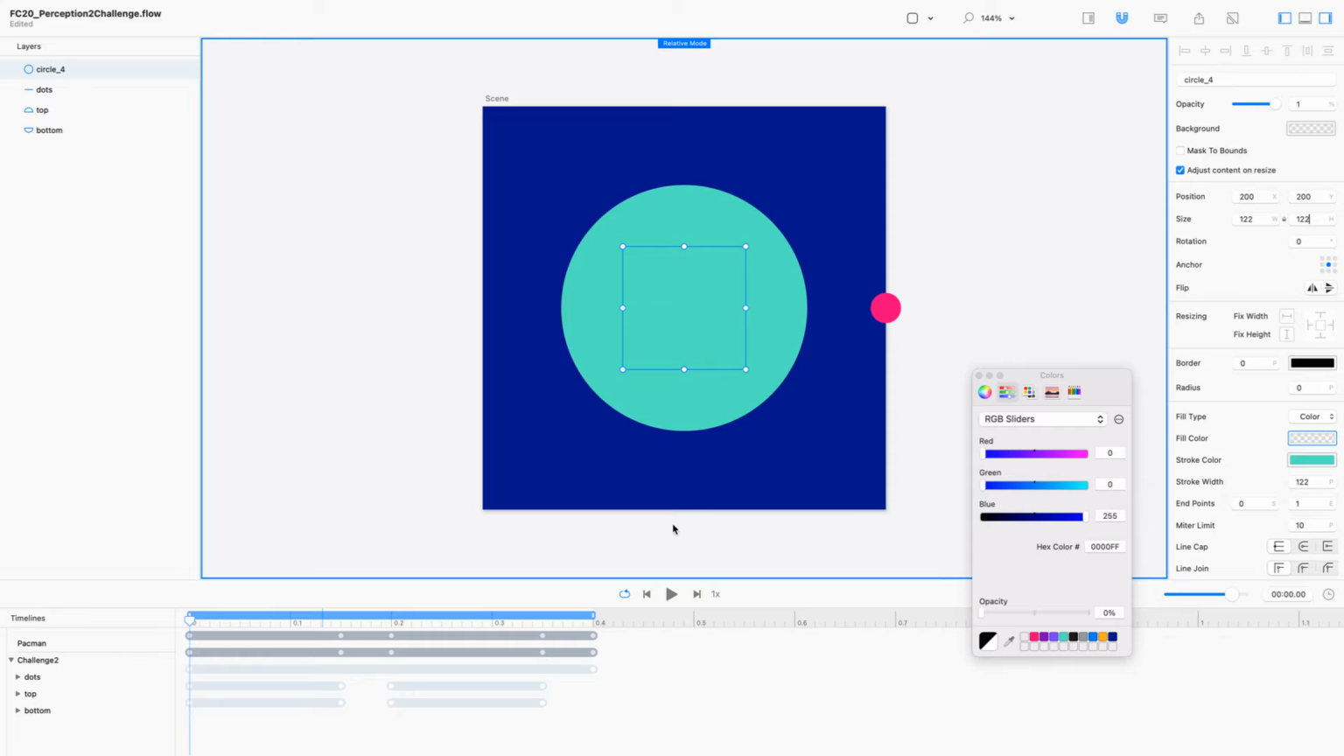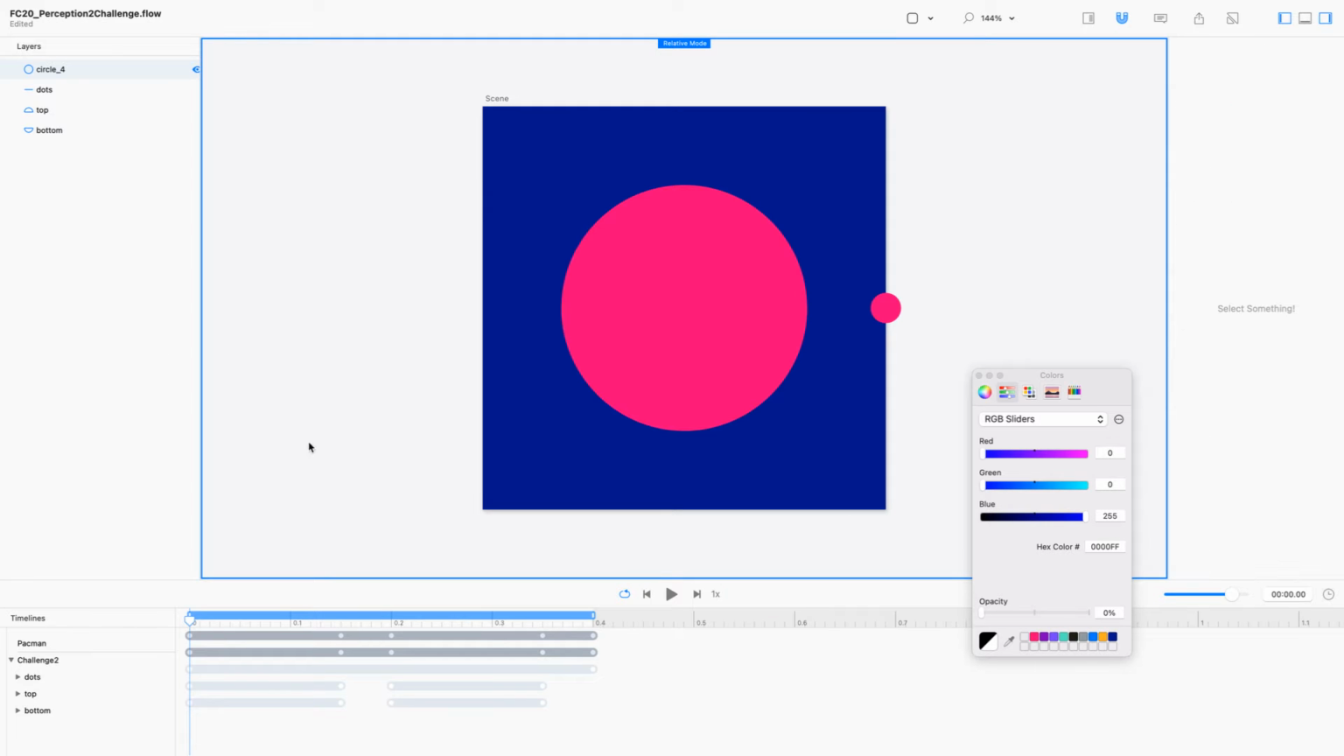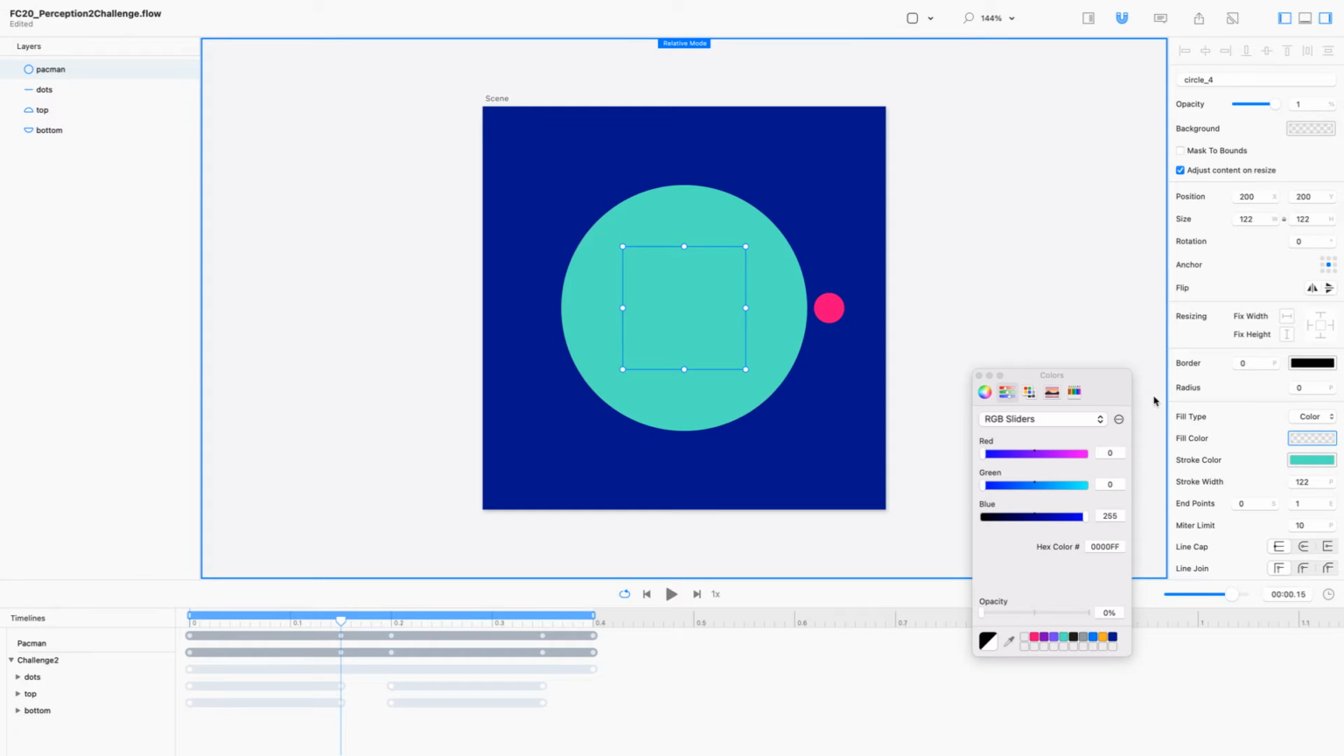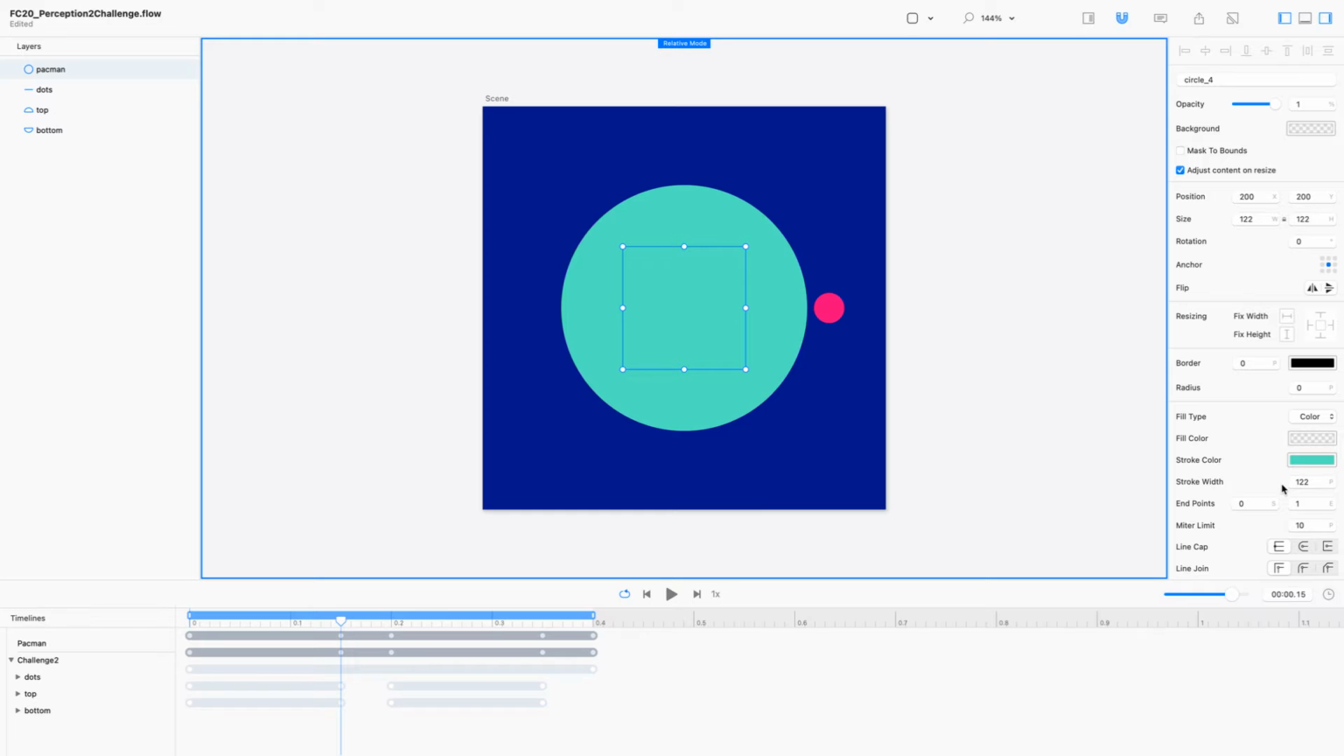Okay, so what we are now going to do is we're going to move out. We're just going to hide this again. So our animation starts closed, opens, and then closes, just like that. So right here at 0.15, we want to now match the animation for our Pacman. And we can call this Pacman because it's going to be a single shape. We're going to turn it back on, and we're going to change the stroke